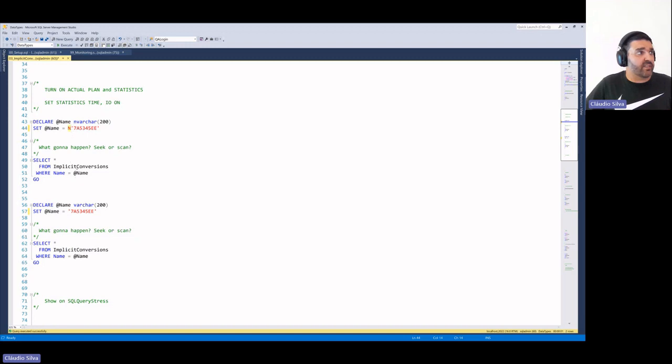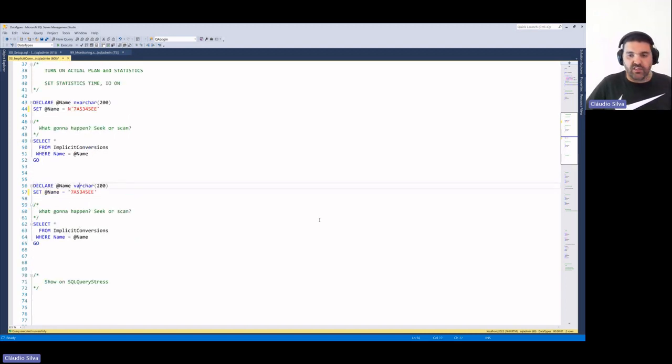Then this value makes the engine say, okay, if you want to compare to a Unicode, but on my table I have a non-Unicode, I will need to convert, because of the precedence of the data types, I need to convert everything to Unicode to then be able to do my check and my filter, okay?